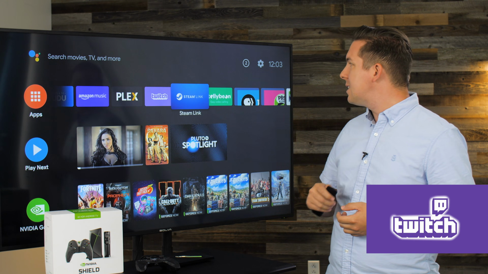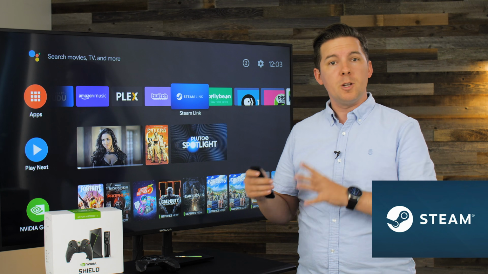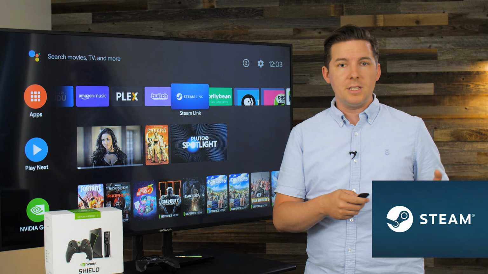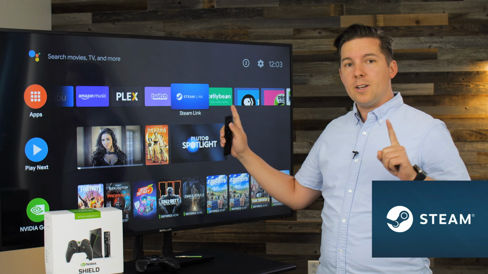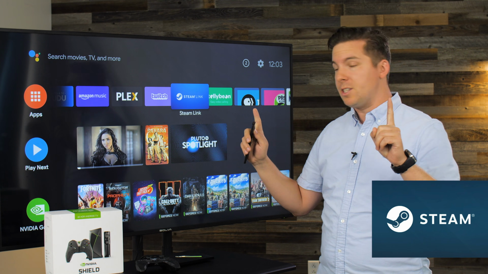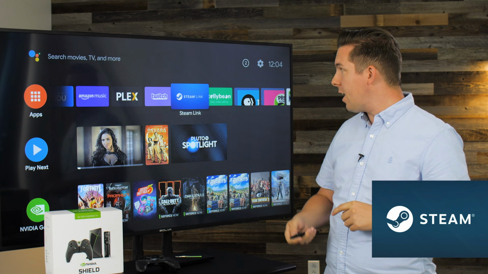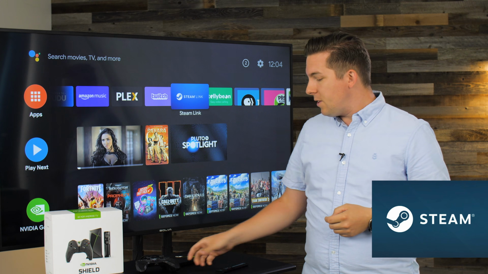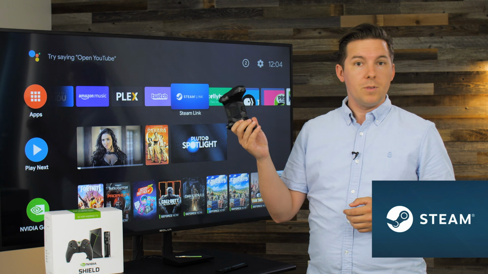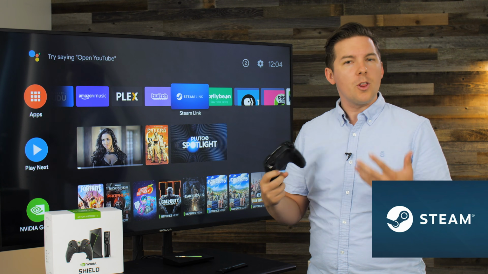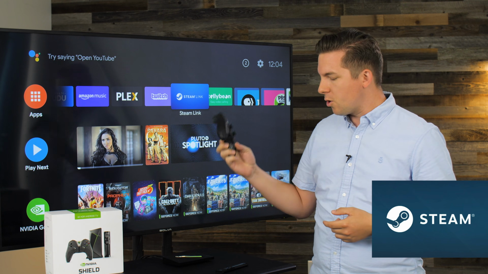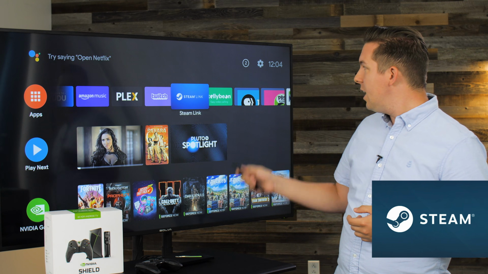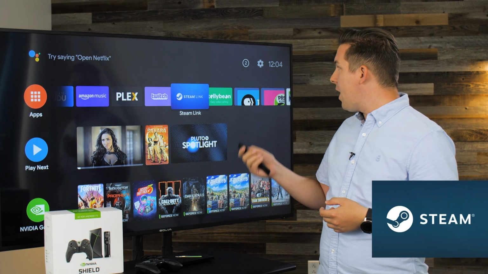Now, number 3 is Steam Link. Similarly, this is going to be for gamers as well. If you have a Steam account and you're using that to play video games on your PC, you can actually link that PC, your Steam account in that PC, to your NVIDIA Shield or your other Android TV device, and Steam Link will allow you to play that. In the case of the NVIDIA Shield, it comes with a game controller that you can use for that sort of thing. Otherwise, you might have to get a different Bluetooth controller similar to this one. Steam actually sells a Bluetooth controller that you can use for this. So Steam Link is a great option for that.